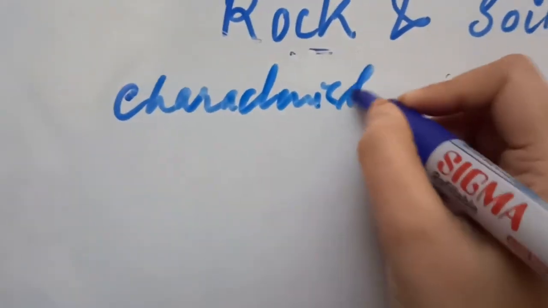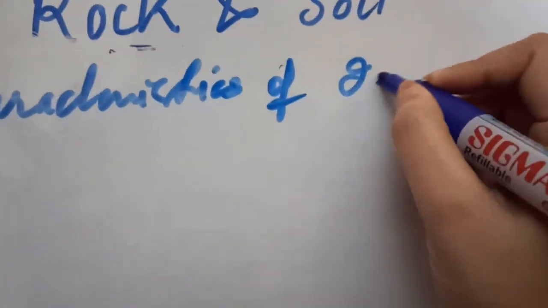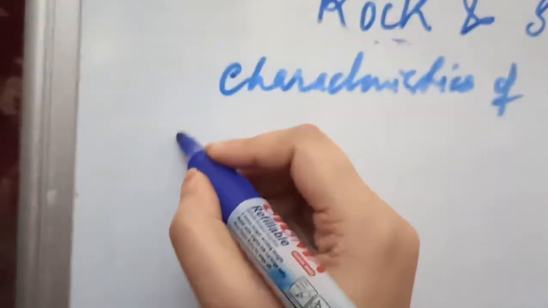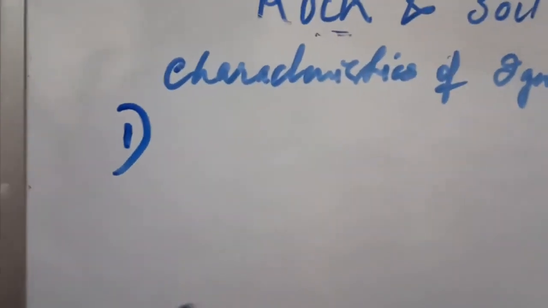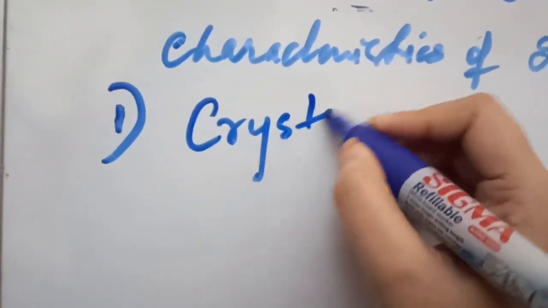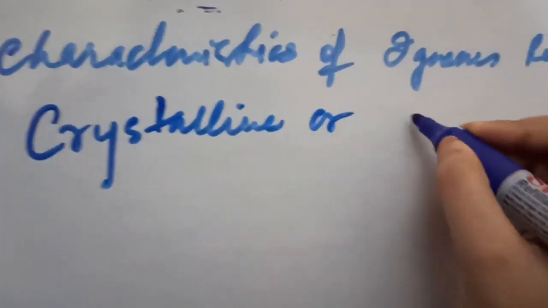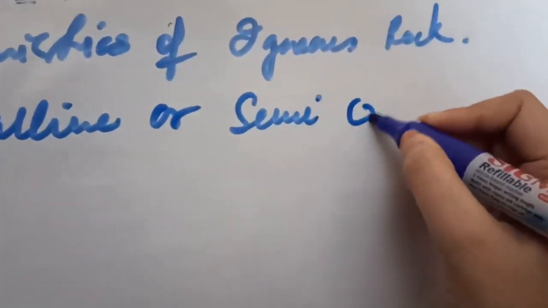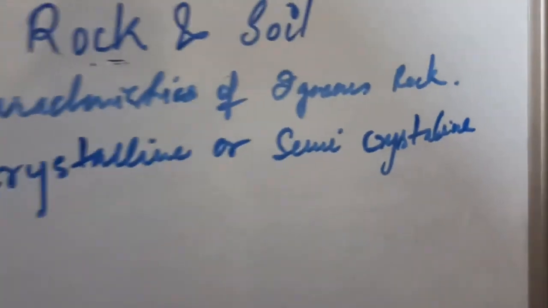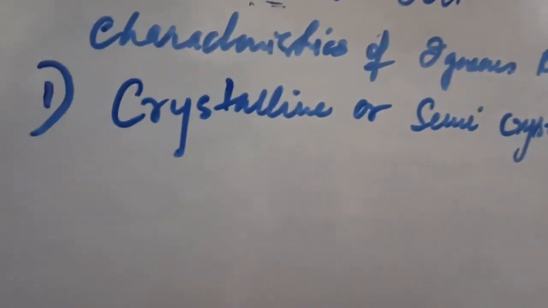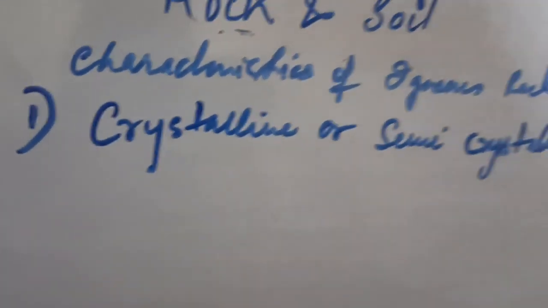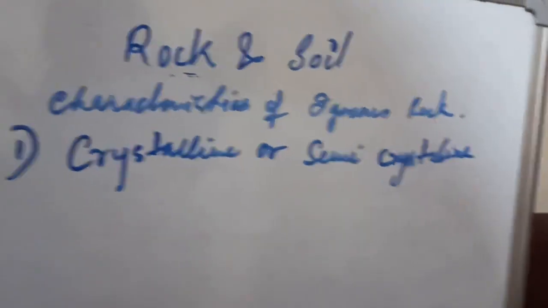characteristics of the igneous rock. So the first characteristic of the igneous rock is that the igneous rocks are crystalline or semi-crystalline in nature. Why? Because they have formed from the fiery origin, so that is why we find this type of crystals or semi-crystals within this